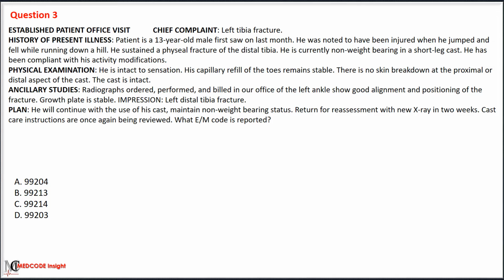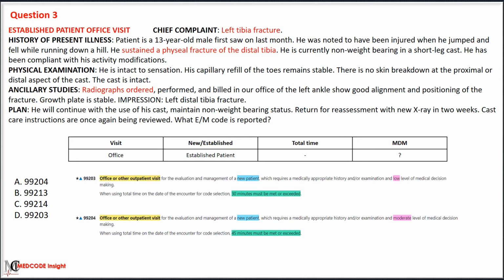Option A with the code 99204, option B with the code 99213, option C with the code 99214, option D with the code 99203. To determine the level of MDM in the given scenario of the established patient with the office visit having a physeal fracture of the distal tibia, where physical examination is performed and radiographs are ordered and reviewed,